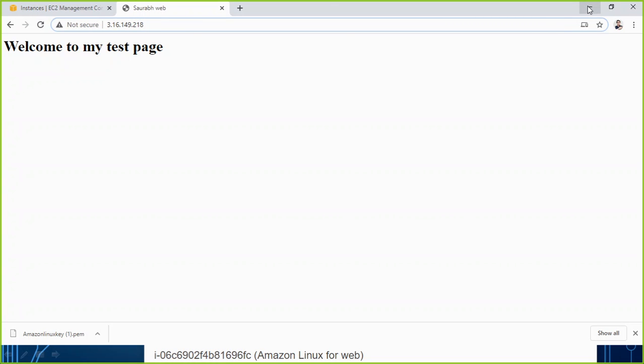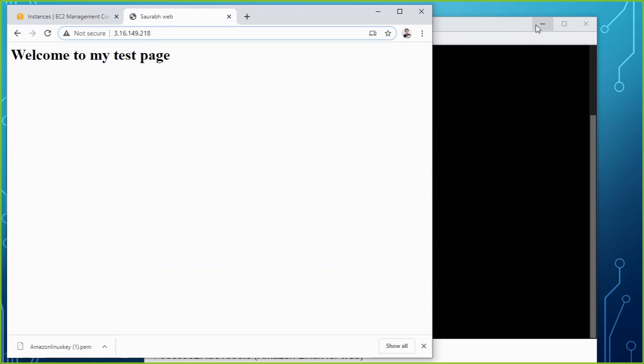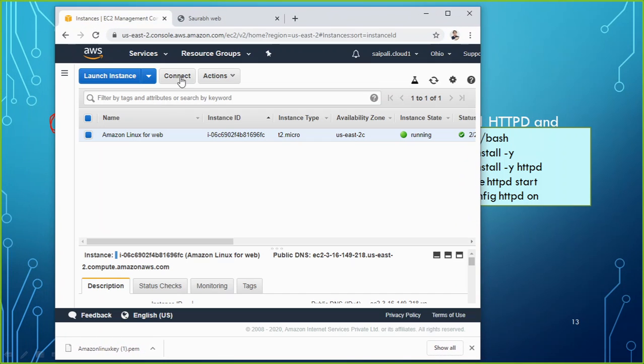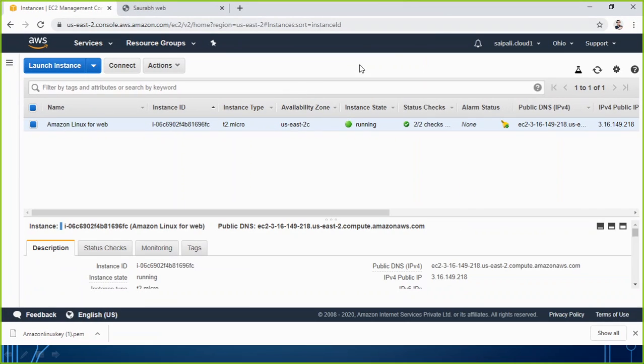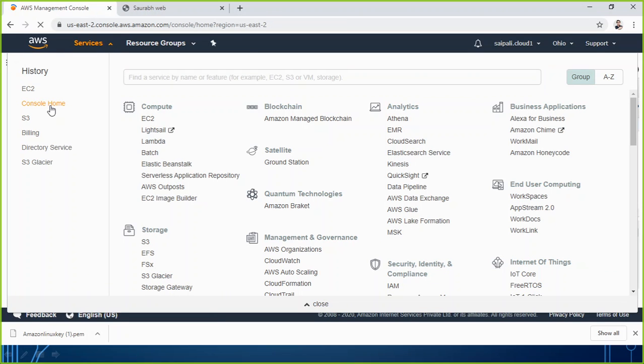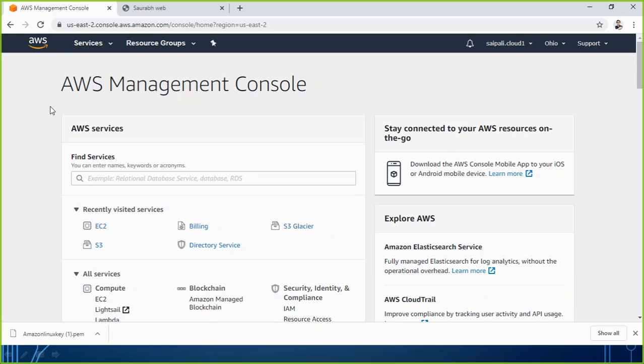Now we are going to learn how to use the NLB. Right now all the load is obviously going to only one instance, the one we have here, and now we are going to see how to use NLB. For that we have to go to services, or you can go to the console home. If you go to EC2 or somewhere,